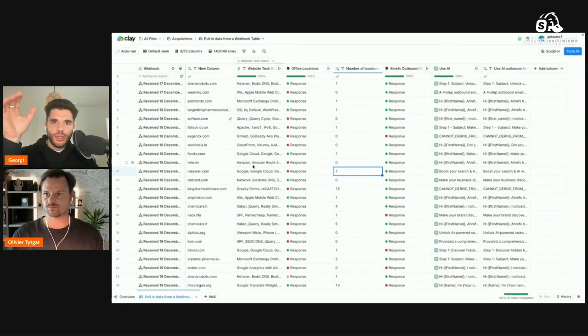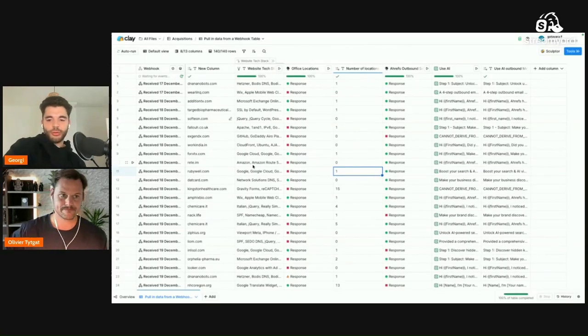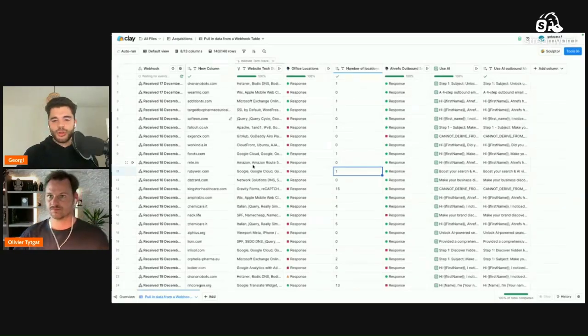Now, as mentioned, the use case is the following. We wanted to have a recently funded company or a company that had an M&A behind it. You can choose whatever signal you want. In this case, we went after acquisition because the hypothesis here is that they're going to have a lot of restrictions, right? They're going to change their entire content marketing strategy. They're going to change a lot of stuff.